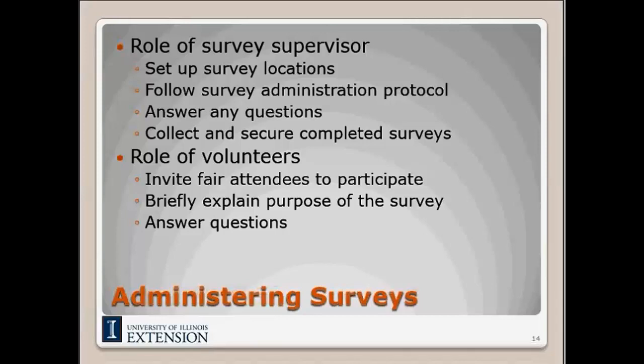There are a couple different roles that we really appreciate your help with, and you probably know which one it will be. There are two roles, as you can see if you're looking at this slide. The first is the supervisor, who will be there, and in many cases that will be the extension employees. In some cases it may be a member of our project team, so myself or Zach or Carrie or Bill. Their primary responsibility is to set up the survey locations and to make sure that the survey protocol, as cleared by IRB, is followed. We need to make sure people's confidentiality is maintained and things are happening correctly in that aspect.